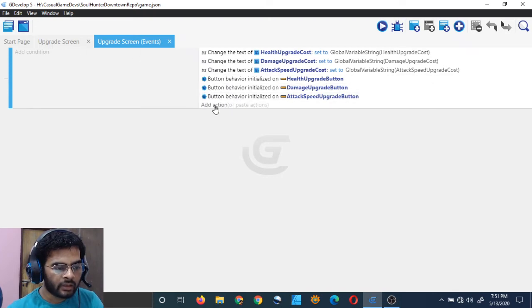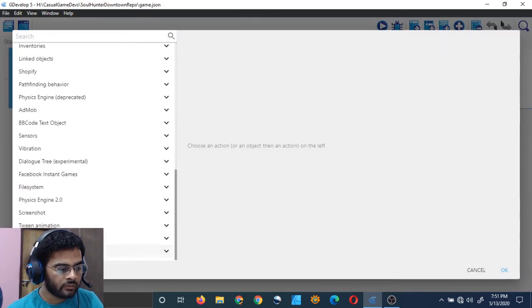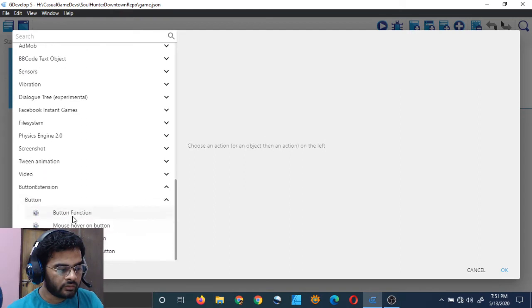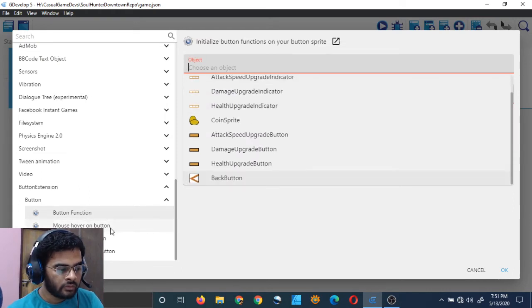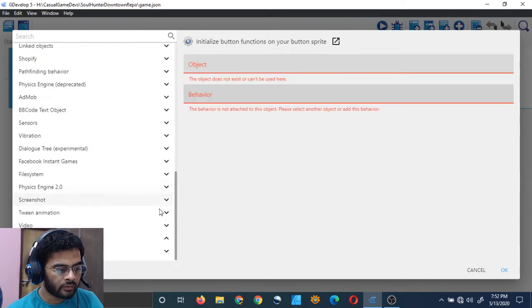Let me add the behavior for our button extension, button function. But we had a back button function also, right? Where is that?